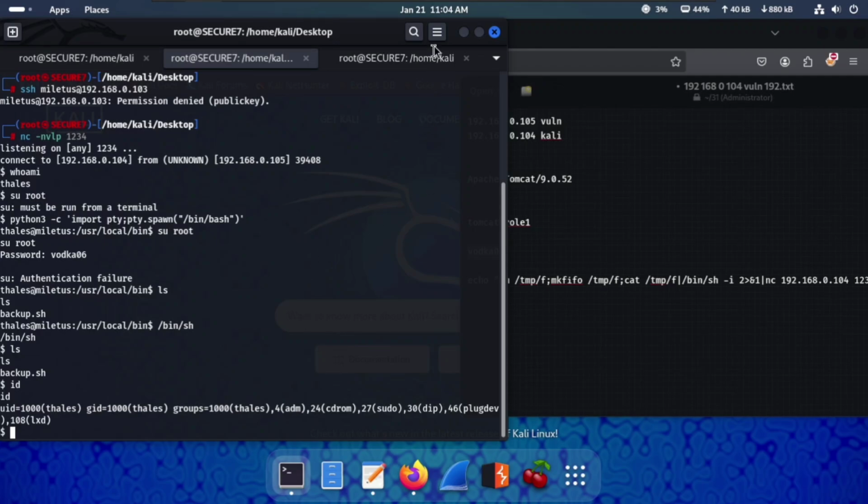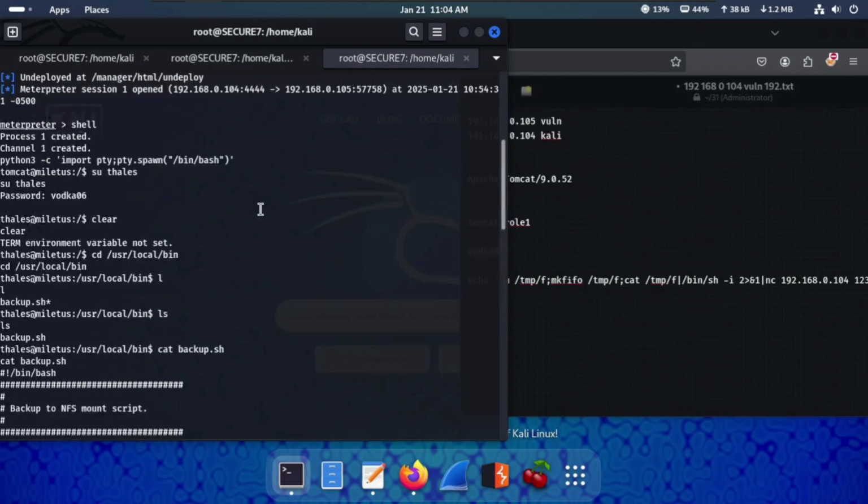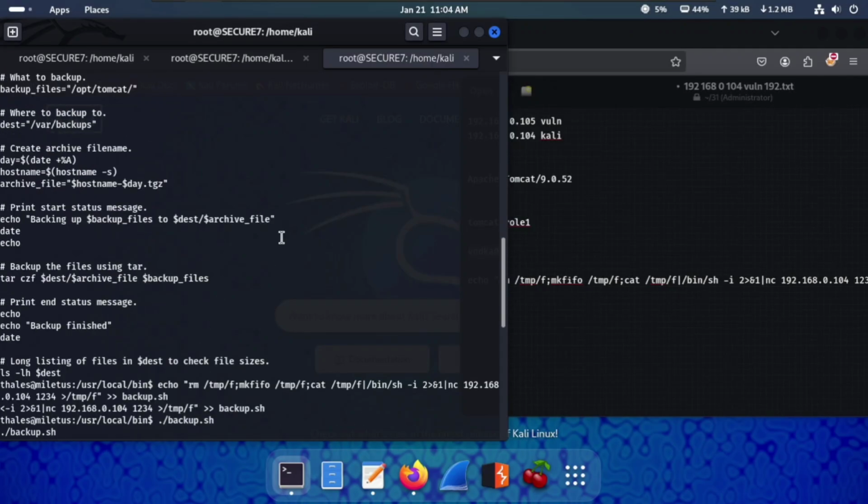You can try this command and you can root. So tell me, are you rooted on the command? I have not rooted, but